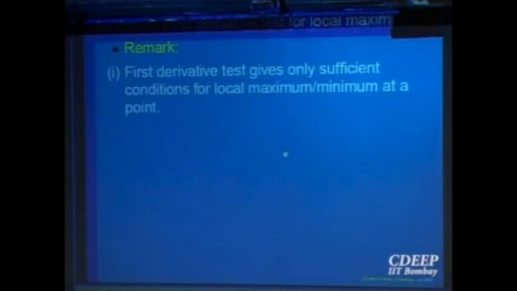Now you can interpret increasing on the left, decreasing on the right in terms of the derivative to get the first derivative test. So let us, as usual, we have riders, remarks to caution you that this is only a sufficient condition to ensure that you have a local maximum or local minimum. And quite often the students, without bothering to look whether the function is differentiable or not, just apply blindly. It's like to kill a fly, you can kill a fly with a small swatter, but they think they should have an AK-47 to kill a fly probably.